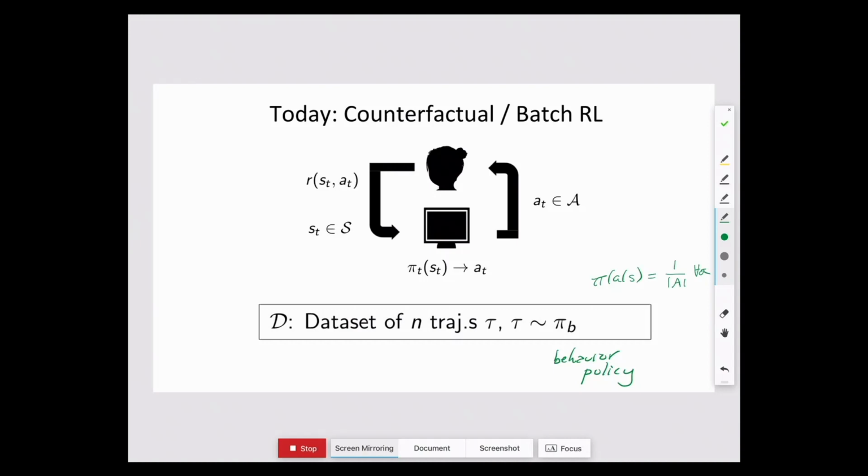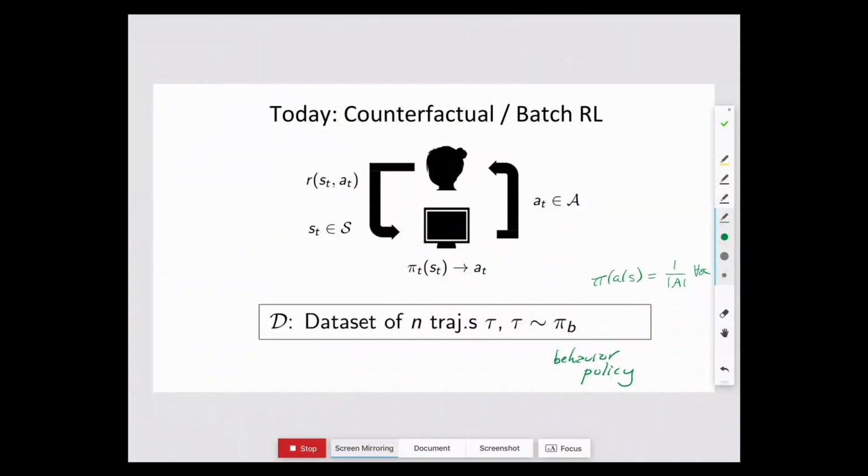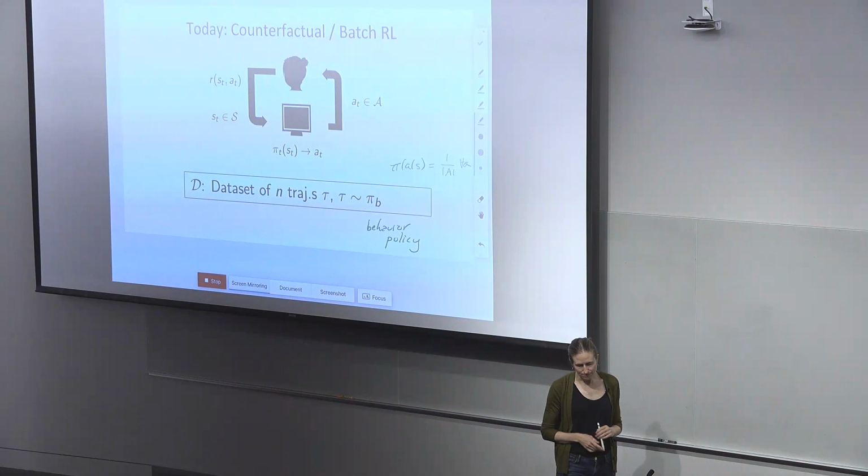So when we look at some of our healthcare applications, that involves looking at healthcare records. And if it's a randomized controlled trial, you know what the behavior policy is. But if it's physicians, you don't. They don't give you the probability that I prescribe aspirin versus Tylenol. So you can try to infer it from the data, but you may not know this precisely. So this is the setting that we're interested in.